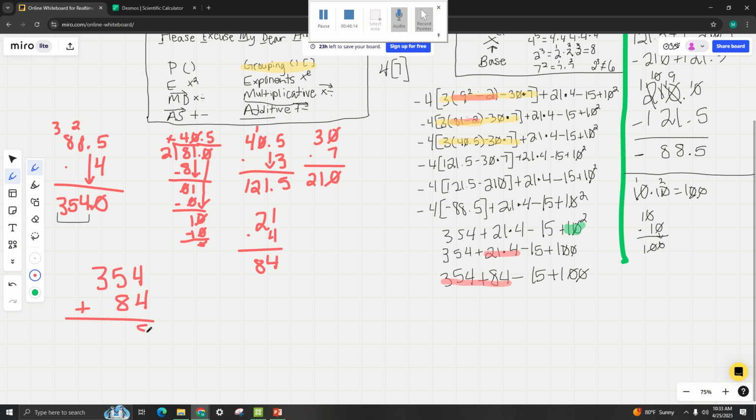4 plus 4 is 8. 8 plus 5 is 13. I write my ones place, my 3, in the same column. I carry my tens place, the 1, over to the next place value. 3 plus 1 is 4. So I got